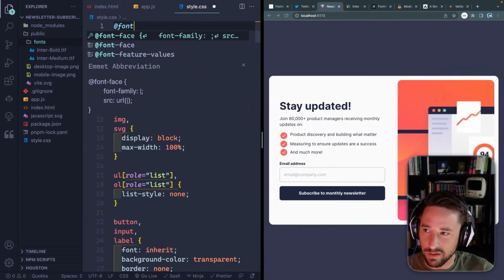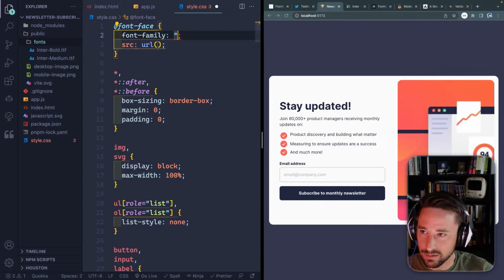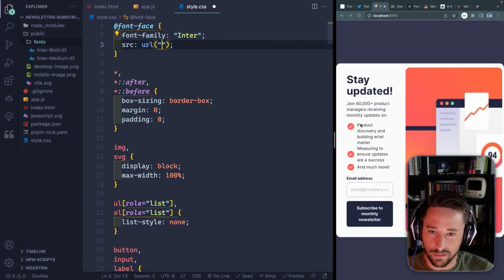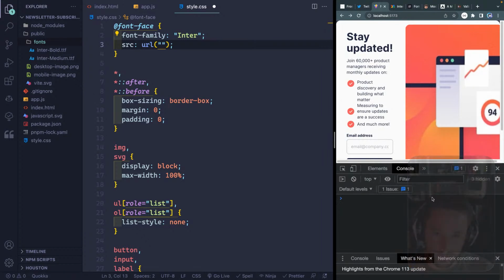So what I want is my font face, and we're going to name this Enter, because that's what it is. And then there's a couple things we can do here. So we can pass in, which I just did a video on this, so let's see if I can remember this. But if I come inside here,